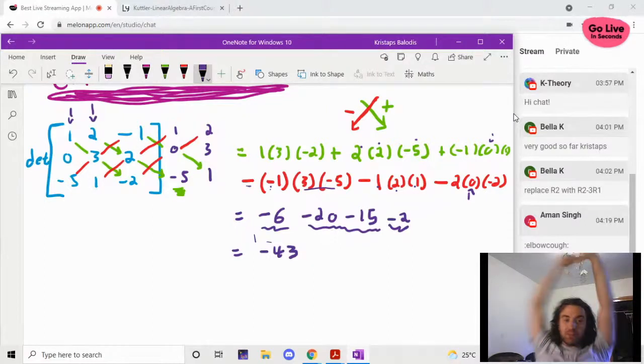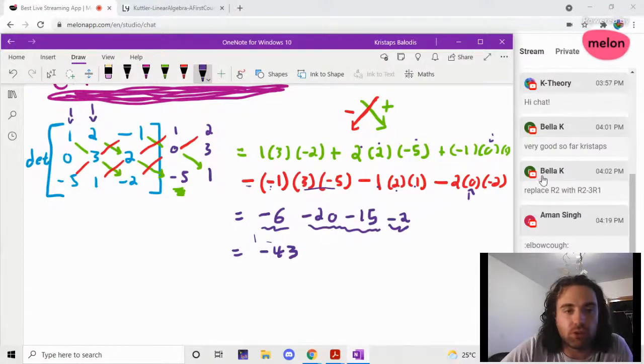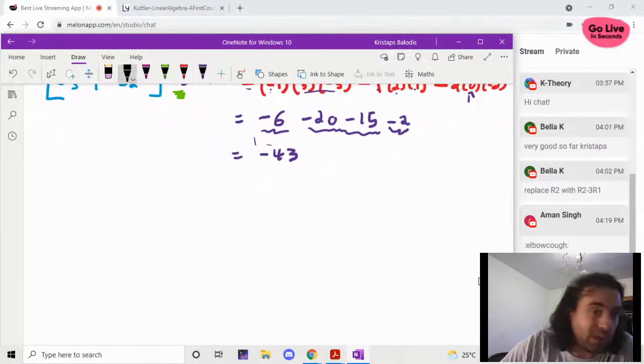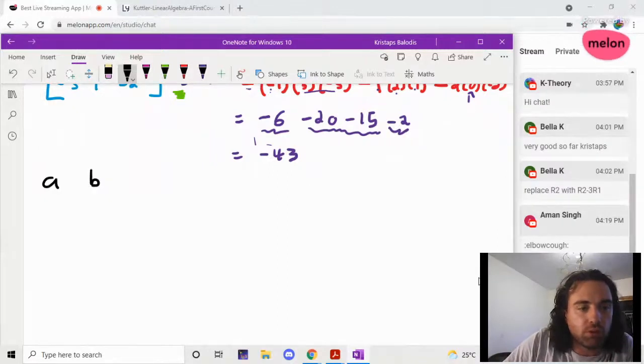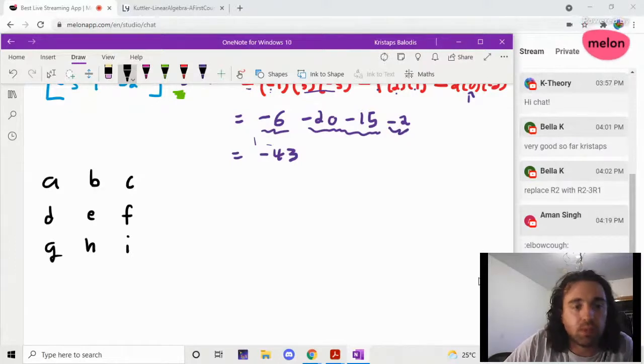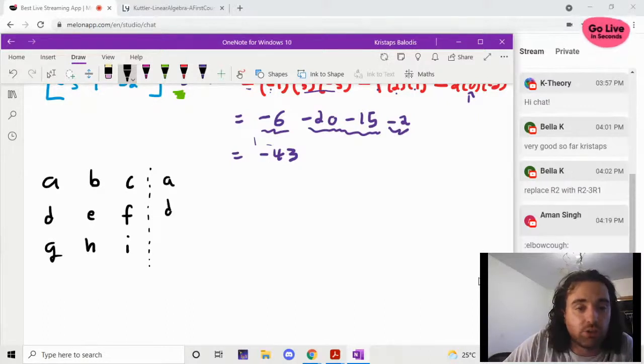faster of a method. So let me just write out the general rule for you in a more abstract notation, in case that's helpful. I realize for some people it may be less helpful. But the general rule is if you have a 3x3 matrix, which is A, B, C, D, E, F, G, H, I, then the way the trick works for this determinant is, again, you write the first column and the second column again,